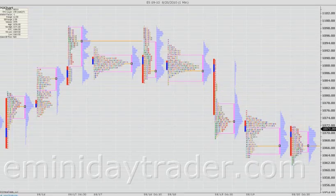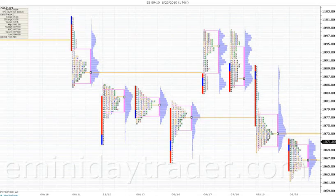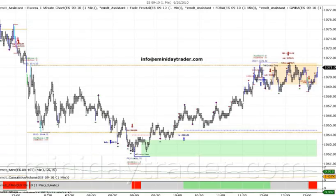Of course, we also like to take a look at the market profiles from the regular trading hours only. In other words, these do not include the overnight session, and we use them as well in our analysis of the market. So you can see here that we had mostly a gray day today as far as the filter was concerned,